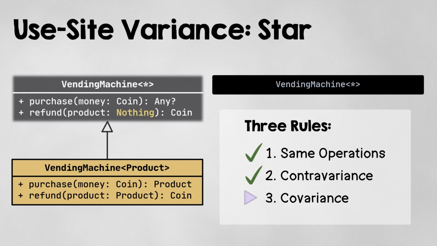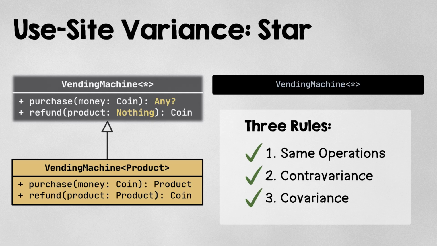And finally, the rule of covariance. In the refund function, the return types will always be coin, so that's fine. For the purchase function though, the return type uses the type parameter. And so this type has got to be the same as or more specific than the type over here. And similarly, Kotlin uses the nullable any type here. That way, no matter what the type argument is over here, it'll always be the same as or more specific than a nullable any. And because Kotlin is using the uppermost and lowermost types in these positions,